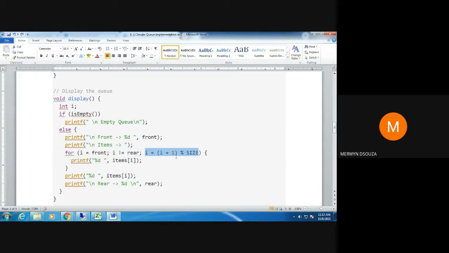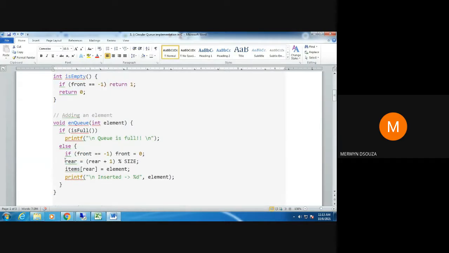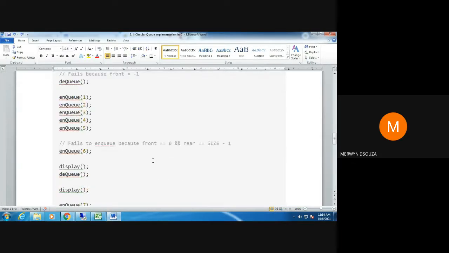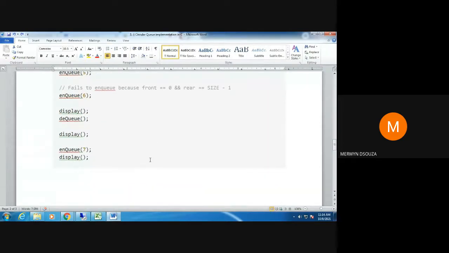We have put this condition, which is similar to the condition we used for rear, but instead of rear, we are having I. Why do you think we are doing that? Just think about it. If you have understood the examples that I did at the beginning of this class in the previous lecture, you will know why it is happening like that. Otherwise, I will tell you anyway.